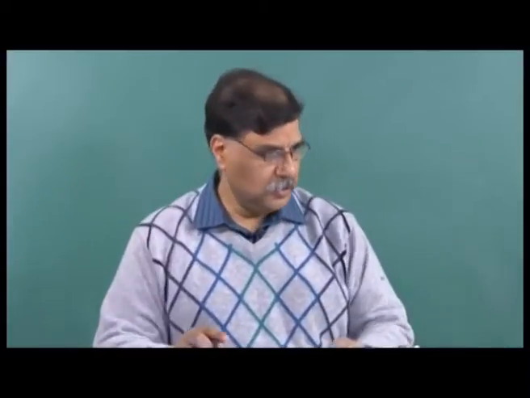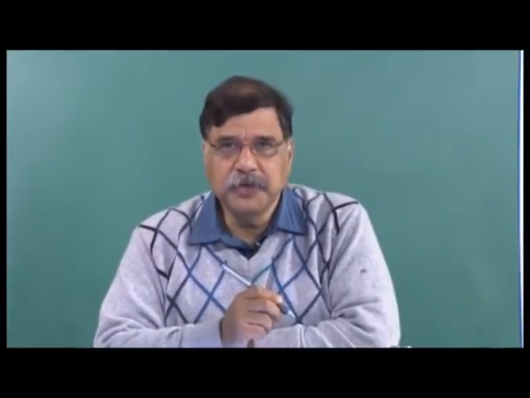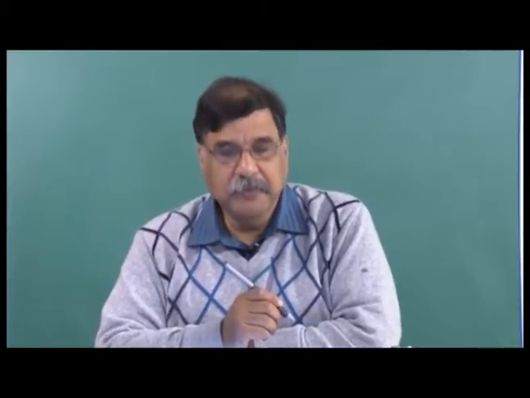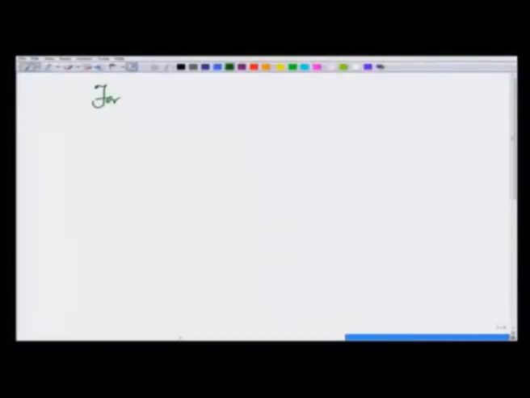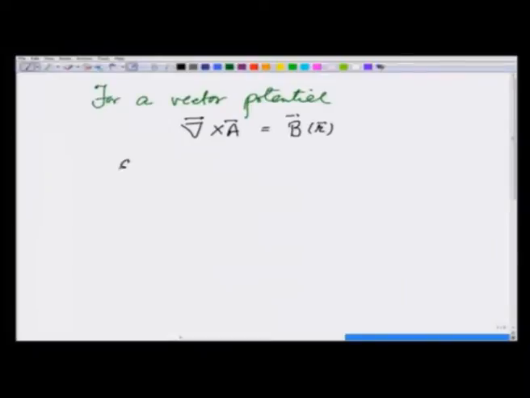We have been talking about vector potential and how we calculate it using the magnetic field. What we have done so far is that for a vector potential, we know that curl of A is equal to B at that point. And therefore, what we have done so far is calculated the explicit expression for curl of A